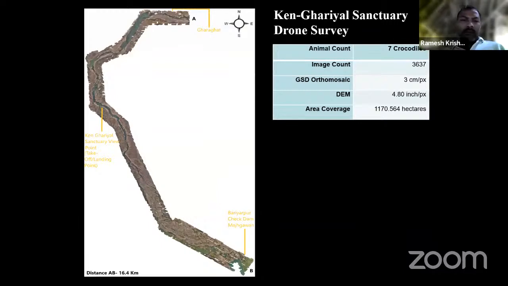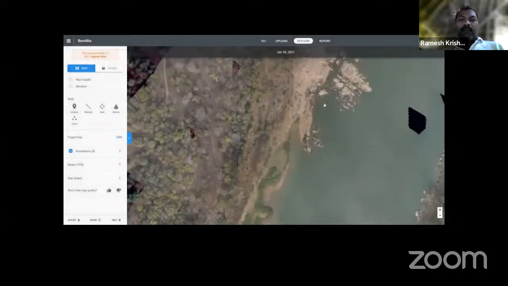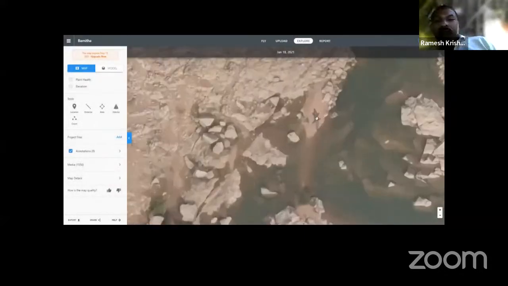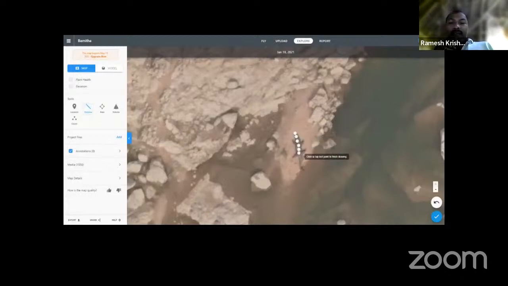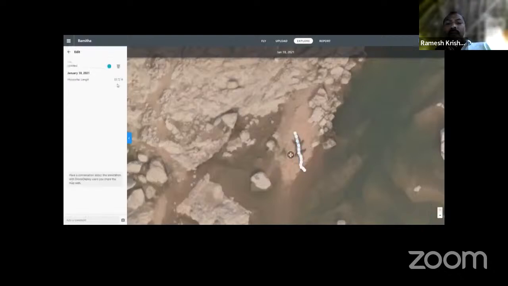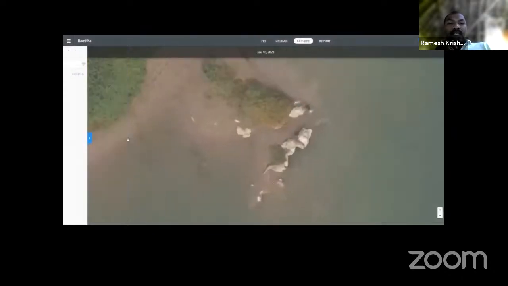Rivers, we can get high resolution images of rivers and get the morphology. We can classify them and measure the bank vegetation or river morphology. Not only that, you can actually see this crocodile. We can count crocodiles and also measure the distance. That was never possible. You can never periodically capture the crocodile and measure the distance and get the morphometry done.